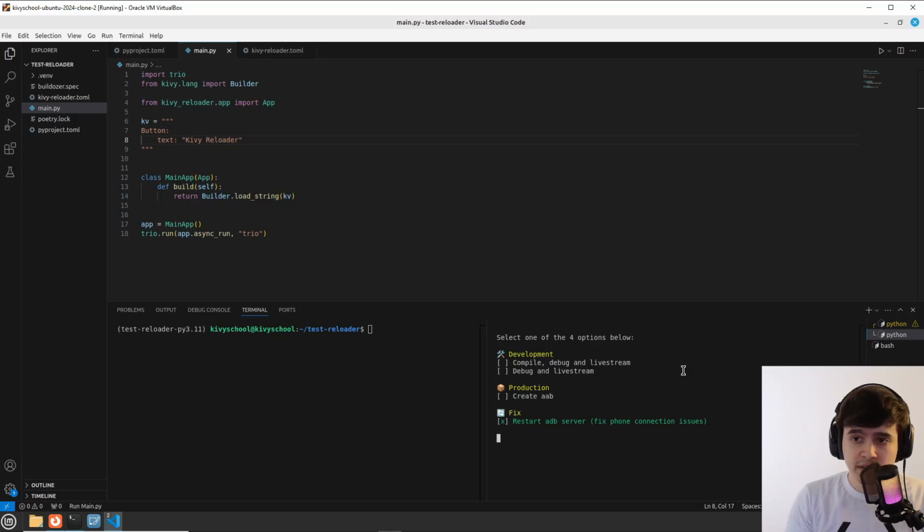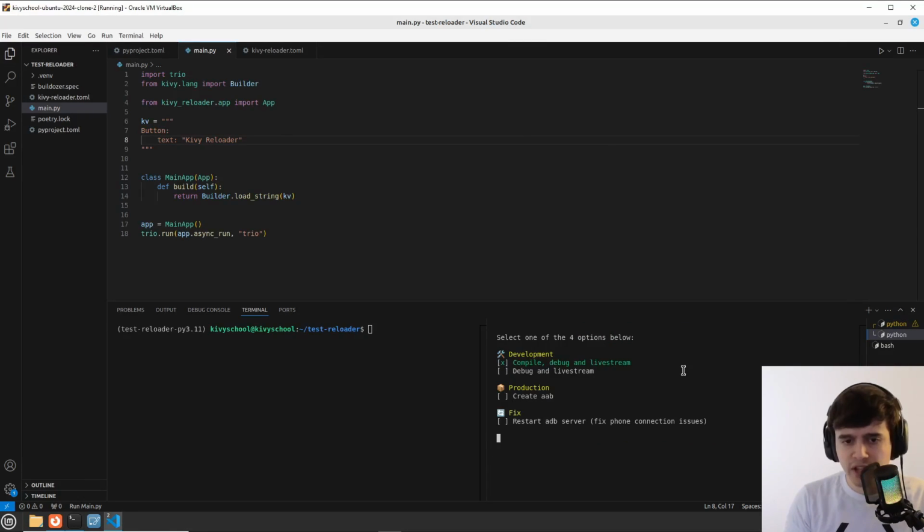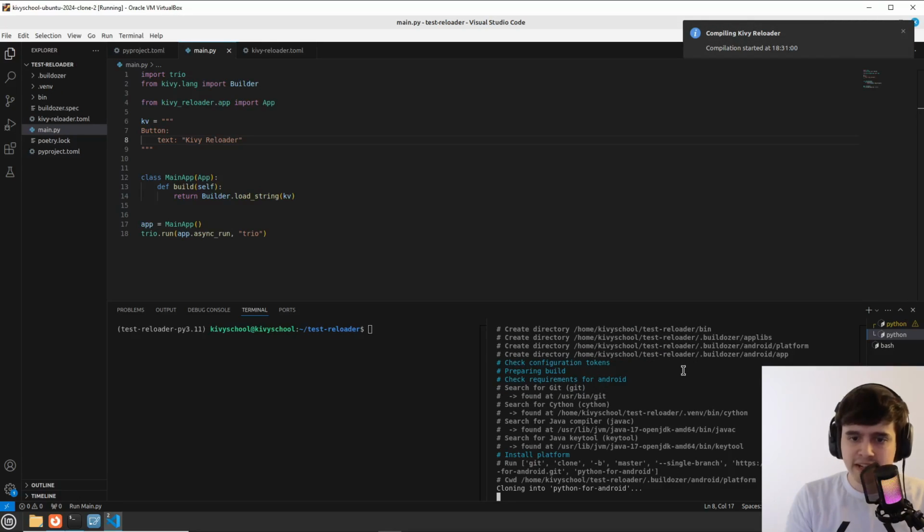So for using this tool, it's very easy. This is a CLI tool. It means that you can control this application using up and down arrows. Okay, if you press left arrow, you're gonna exit the tool. If you type enter or right arrow, let's say, it's gonna start the compilation.